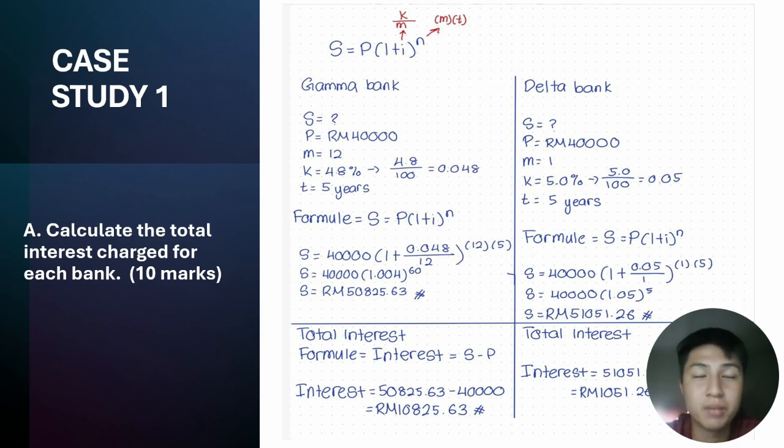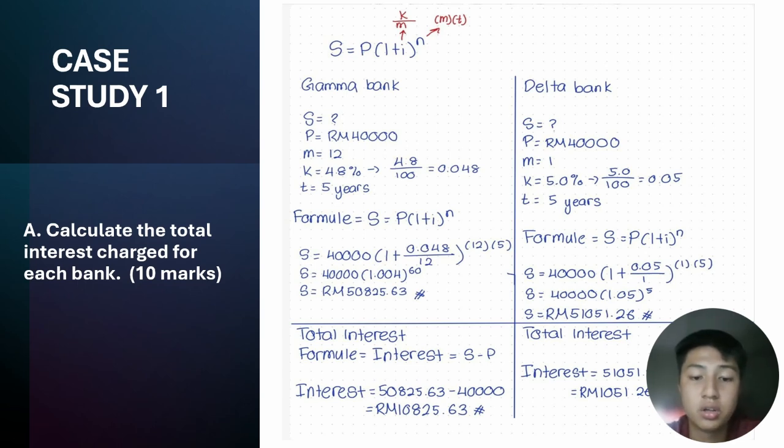S is the number we are going to search for. P is equal to 40,000 because it is given in the question. M is 12, also given in the table. K is 4.8%, and we turn it to 0.048, and T is 5 years. So we put it in the formula: S equals 40,000 times (1 plus 0.048 over 12) to the power of 12 times 5, and we calculate on the calculator, and we get S equals 40,000 times 1.004 to the power of 60, and we got S for the Gamma Bank is